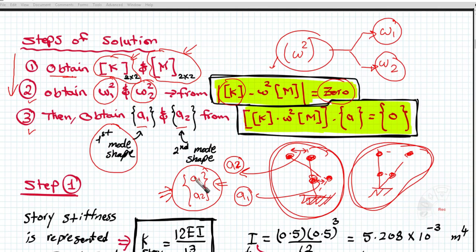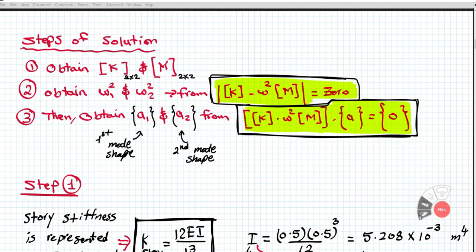Similarly, we are going to find for this one, for example, the second mode shape, another way or another form of motion that we are expecting under free vibration of our system. Okay, so at the end, let's clean everything. At the end, we need to obtain